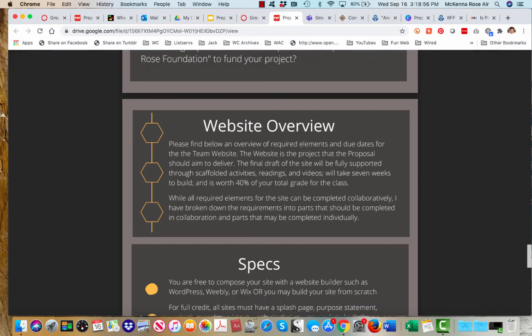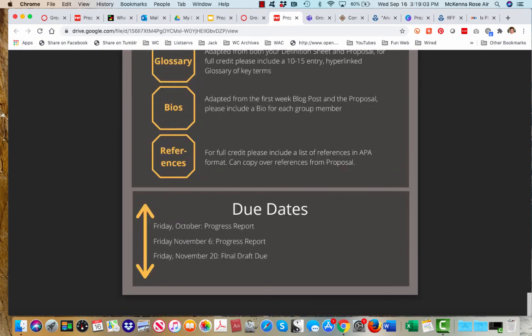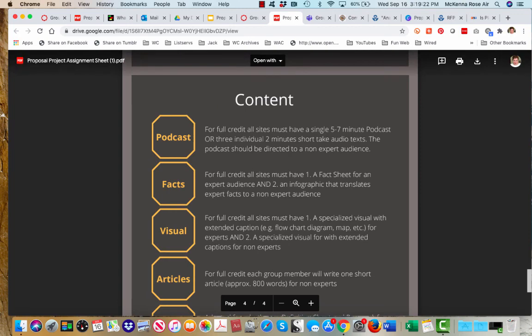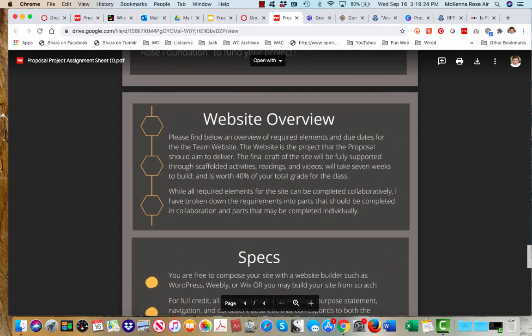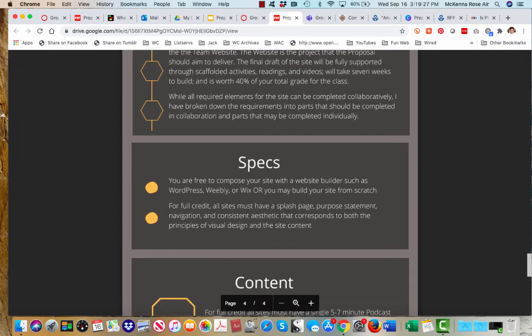Keeping in mind the proposal is due October 9th, and then from October 9th to November 20th, you will build this website. From here on out, the semester is group-based, building first the proposal, and then the website with all of these specific requirements, and then you'll do a user report, and that's your last project for the class. So just quickly, things to keep in mind about the site.